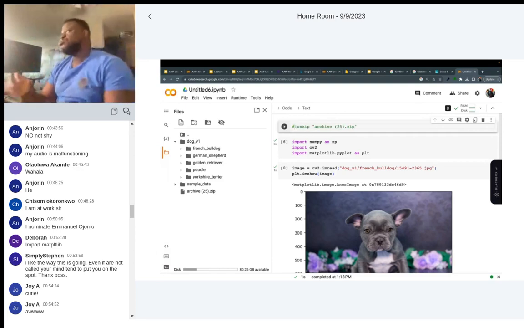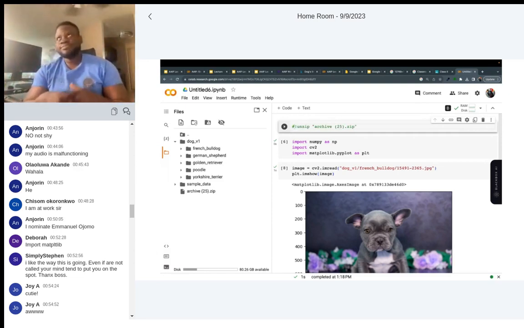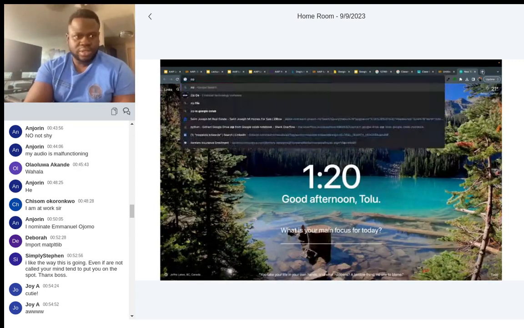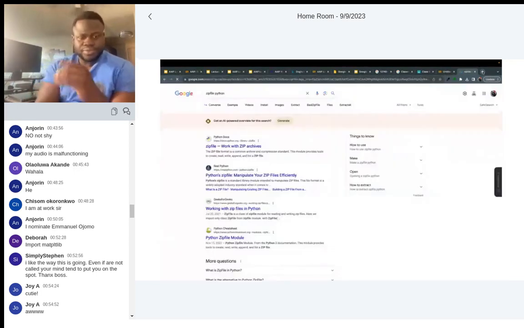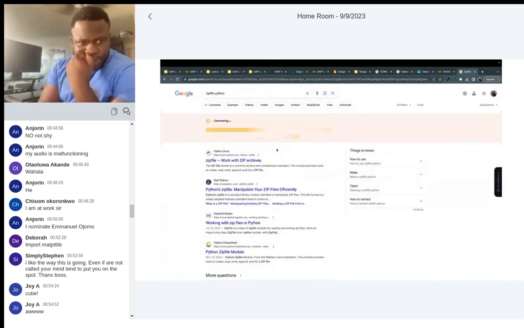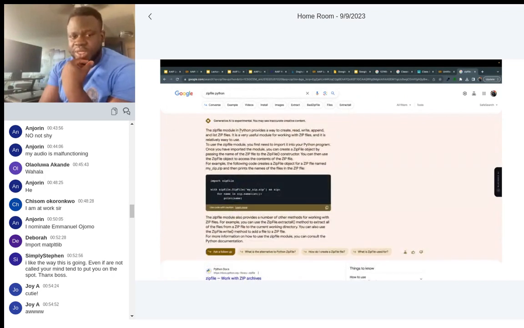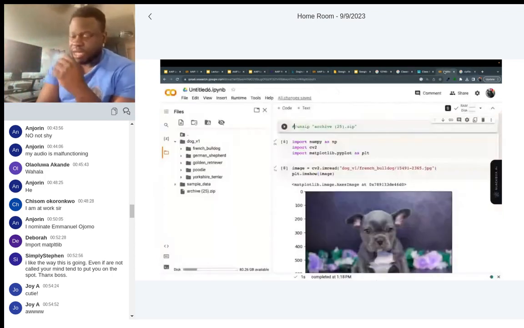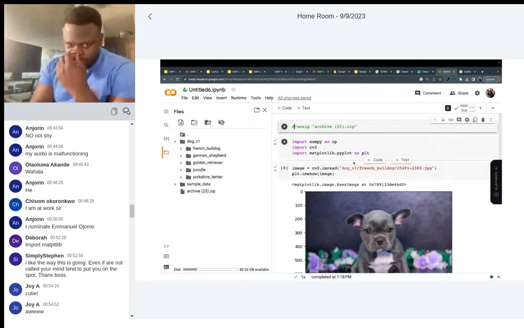All right. Let's just check what the zip file library is used for. Zip file Python is used to archive and compress modules, to create, read, write, and append. It's kind of like using lists but attaching values together. I think you can also use it to save a data frame to zip, but that's something else.